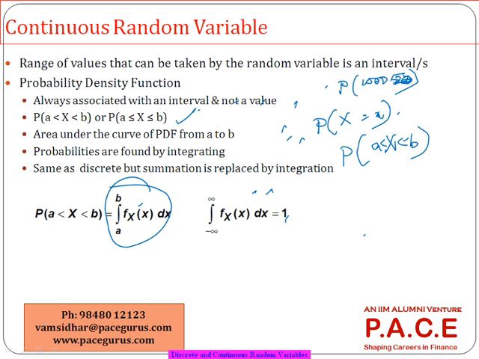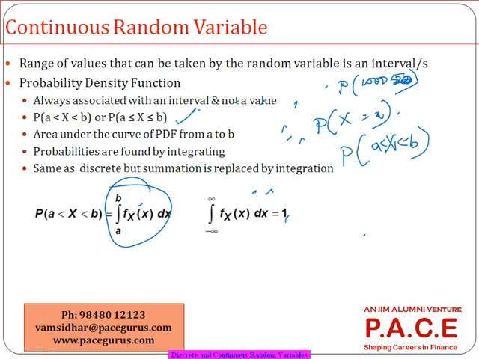So the probability is easy to obtain in case of a discrete, whereas in case of continuous, we are actually doing an integration. So for doing these probability related numericals, especially for a continuous distribution, a good understanding of integration as a concept is very much required. Lot of numericals with continuous distribution require the usage of integration to the fullest,